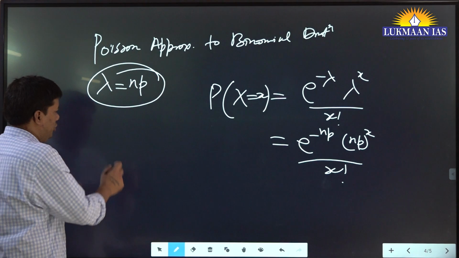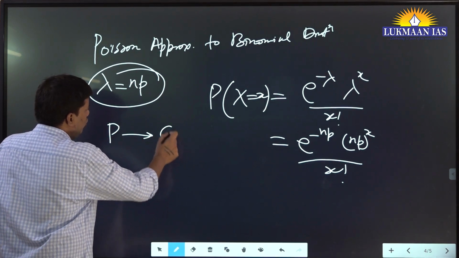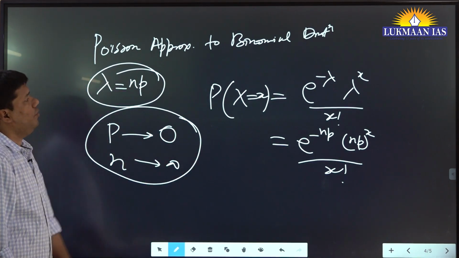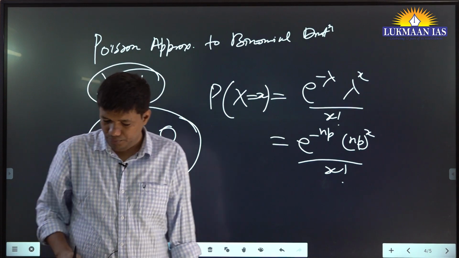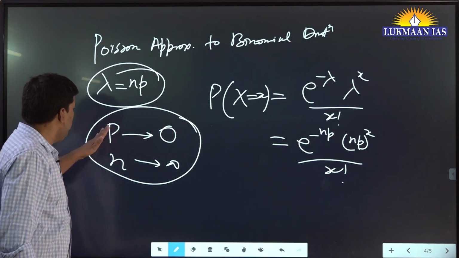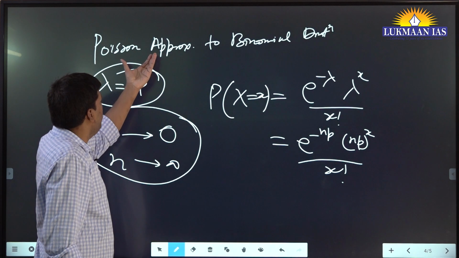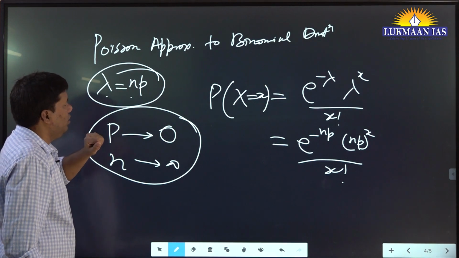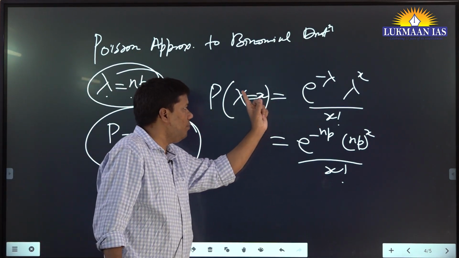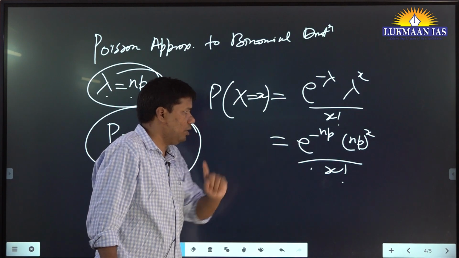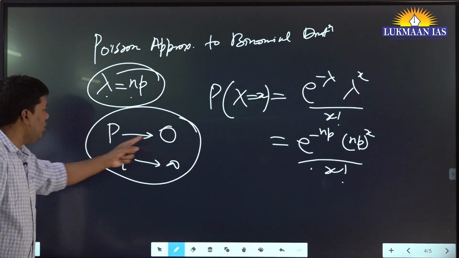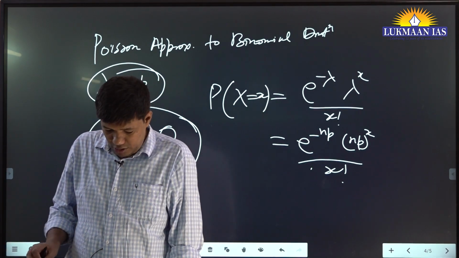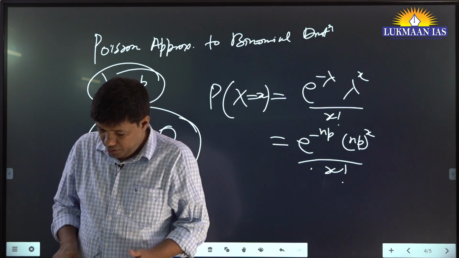And there are two conditions. When p is approaching 0 and n is approaching infinity, only then can you apply the Poisson approximation to the binomial distribution. See what you're doing: you have to conduct the Poisson approximation to the binomial distribution, and the condition is lambda equal to np. In the Poisson PMF formula, you put lambda equal to np. And you apply this when the probability is approaching 0 and n is approaching infinity. Fine. Okay. Now, given this background,